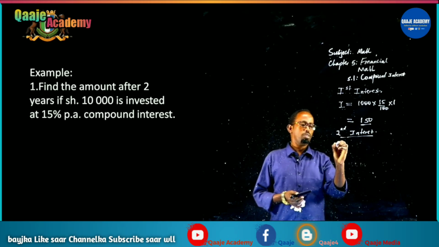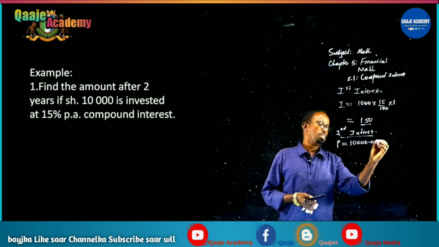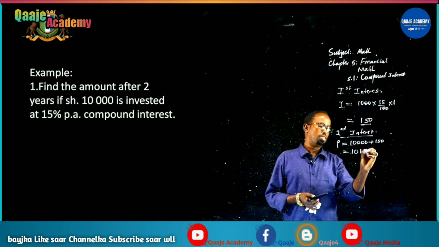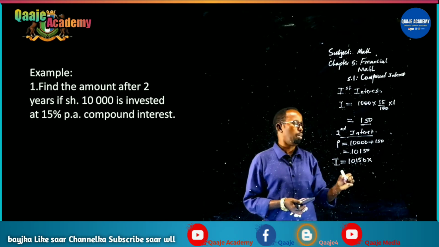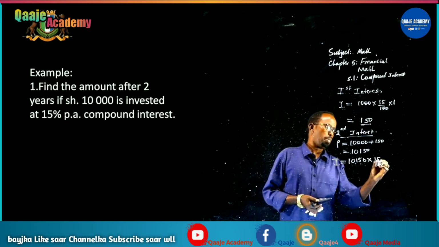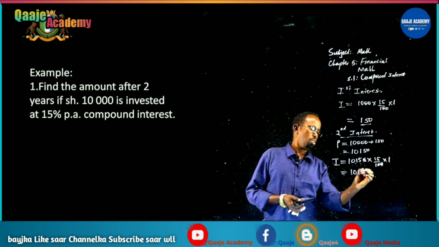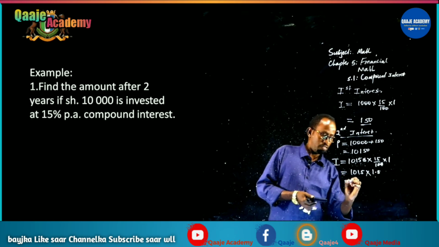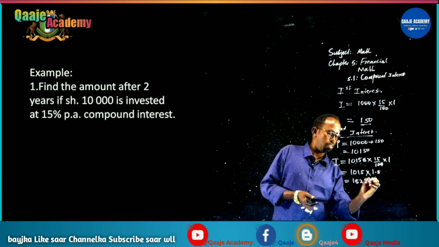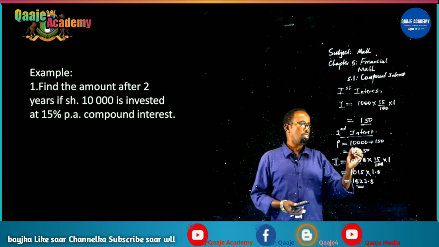Second year interest. The principal this time will be 10,000 plus 150. We get 10,150. So the interest will be equal to 10,150 multiplied by 15 divided by 100 multiplied by the second year. So 1 0 cancels 1 0, therefore this will be 1015 multiplied by 1.5. 1015 times 1.5, I get 1522.5. So this is my second year interest. So total interest